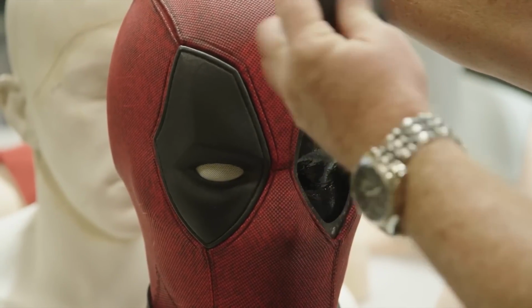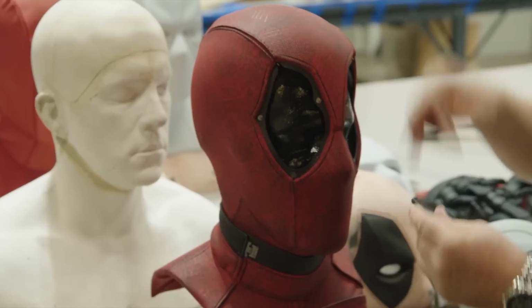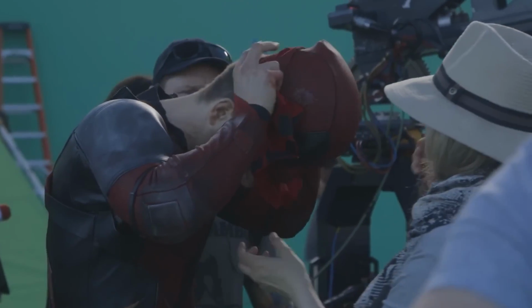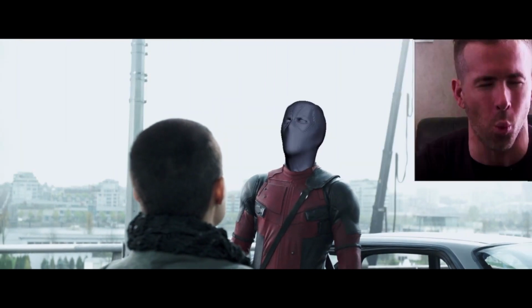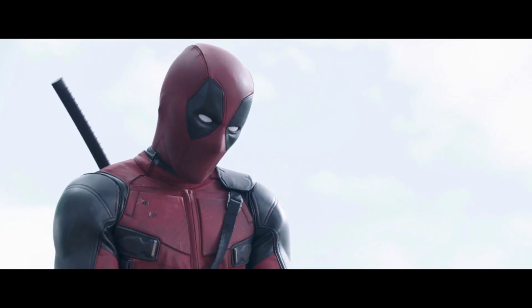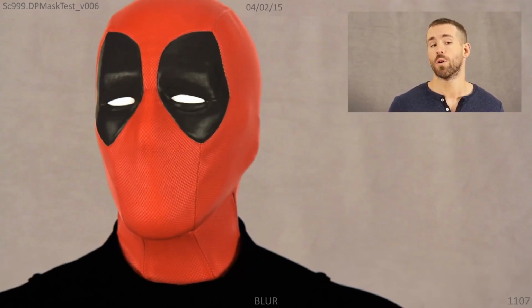A release mechanism was added to the head of the costume to release the eye sockets of the mask so that they can be changed out with different types of eyes for specific stunts. This way they can be changed quickly on the fly on set. Originally, the creators of the mask thought eyebrows would be visible through the mask to help Deadpool emote. However, as the production was finalized on the mask, they realized that with the hard shell that was necessary to